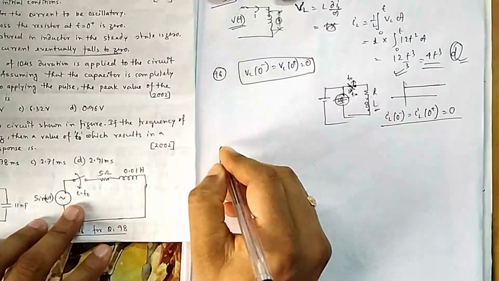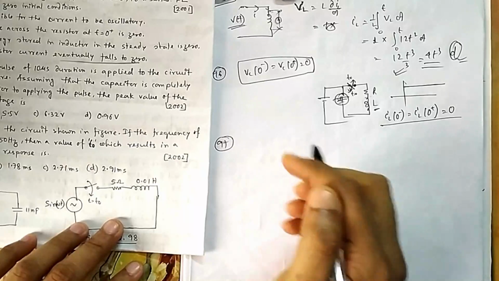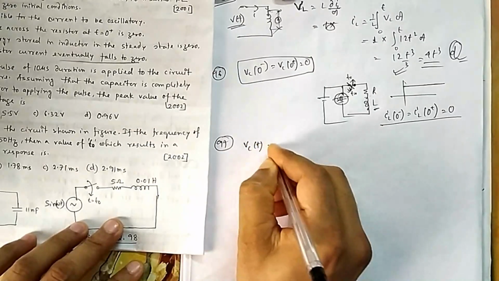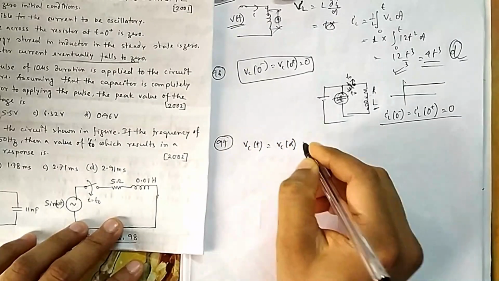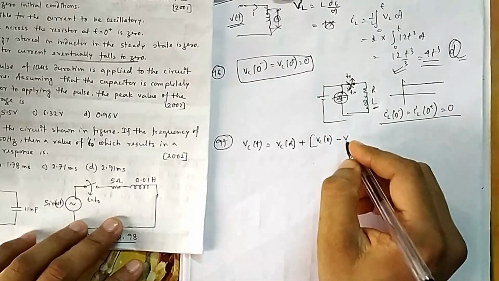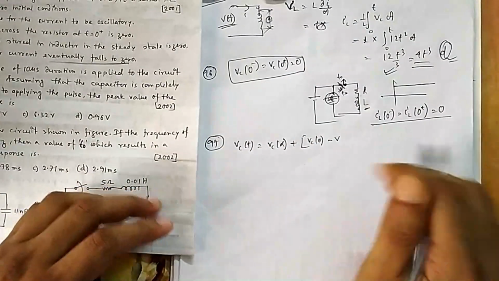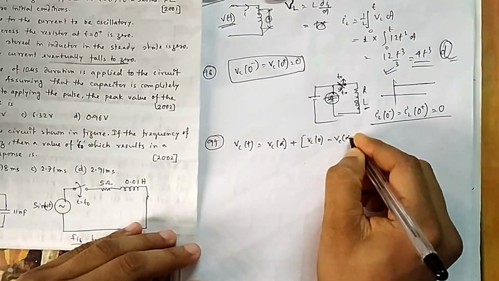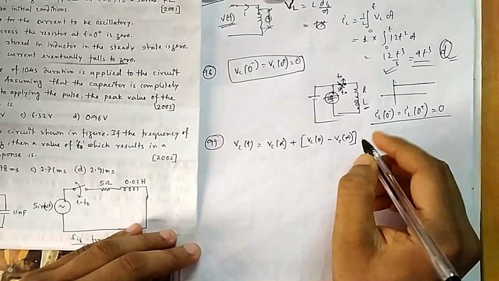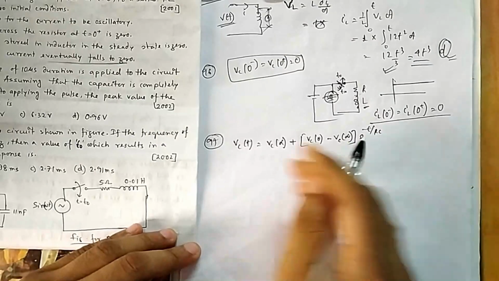So what is my formula for that one? We always told you it is final plus initial minus final. We need VC(t), so it is VC final, infinity means final. This formula is like your Sanjeevani Booti, like a good mantra for you. You can apply it anywhere, if it is a first order switching circuit, it is RC.